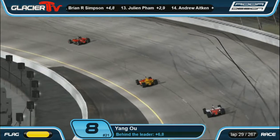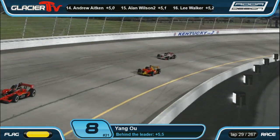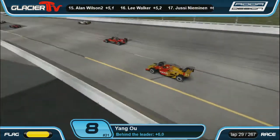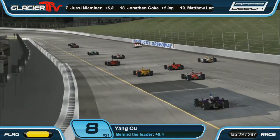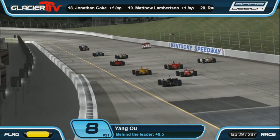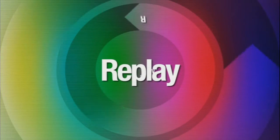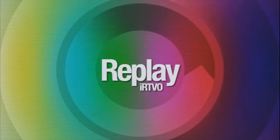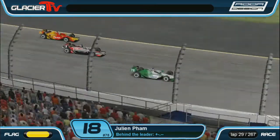And it was Julien Pham in the number 78 machine. Again, getting it loose on that second groove in turn number 1. It seems to be the bulk of everyone's issues today, just snapping it loose. I believe it was a single car crash, no one else involved. Very close to making a multi-car wreck there. But for Julien Pham, he had Rene Murray right behind him, spinning right in front of Murray, inches apart between